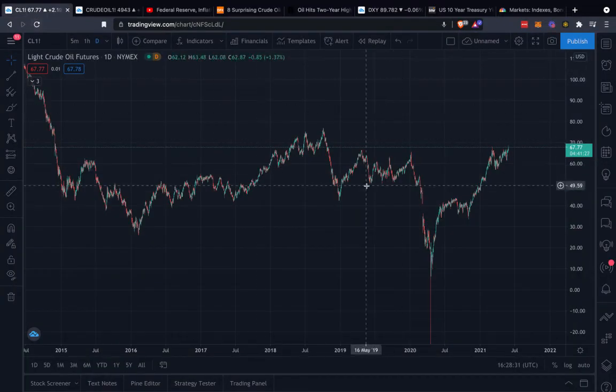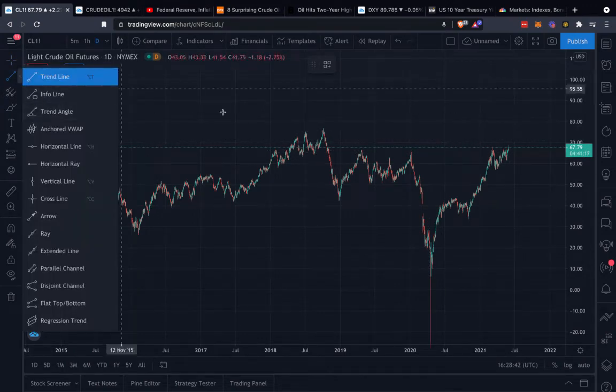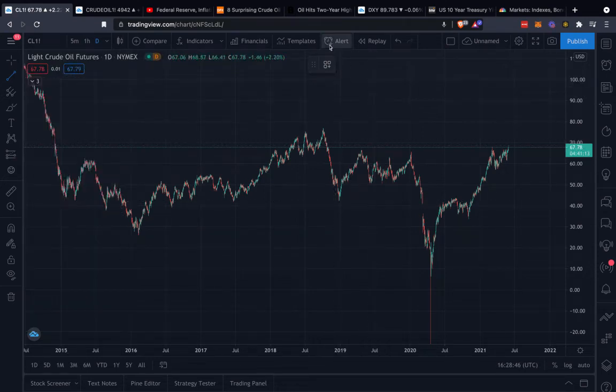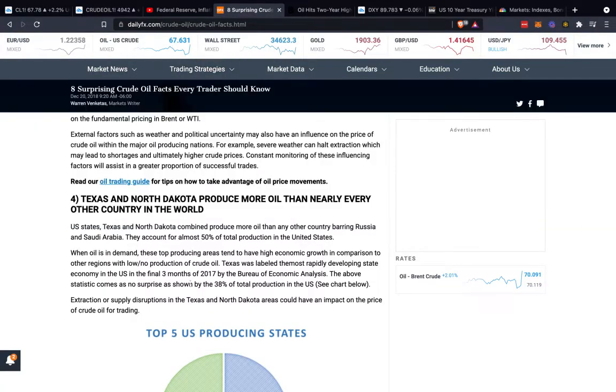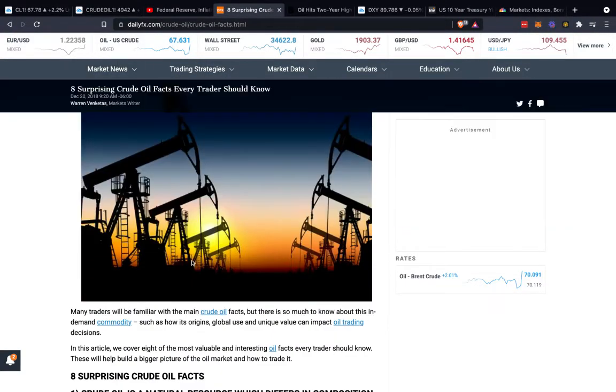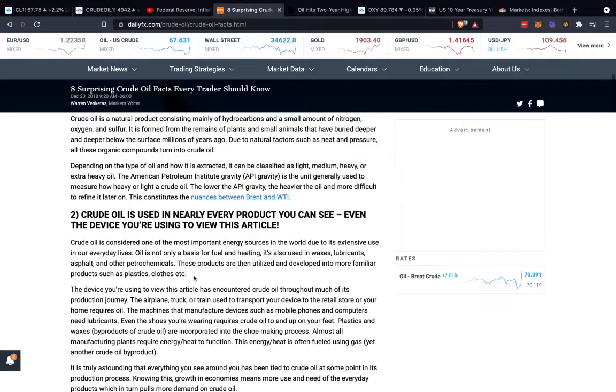And one of the things you have to keep in mind with crude oil, as I said, is this is hitting not new all-time highs, sorry, 2-year highs. So you see where we've been at, right? So in this area, by the way, this is light crude futures. I'm going to show you a little article here that goes over some important things you should know about crude futures and investing in oil. This is kind of a clickbaity title, but they actually lay out some very important things that you should keep in mind here. So here in a second, we'll cover that.